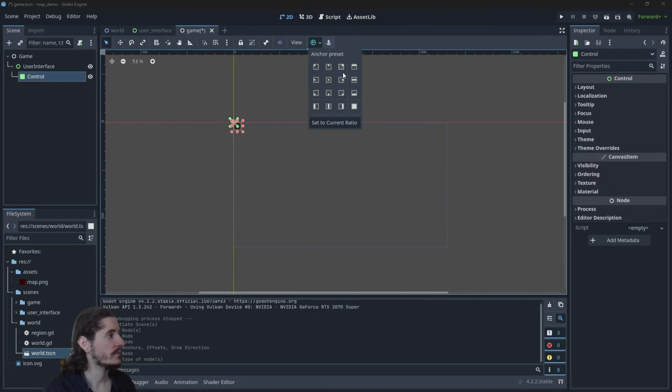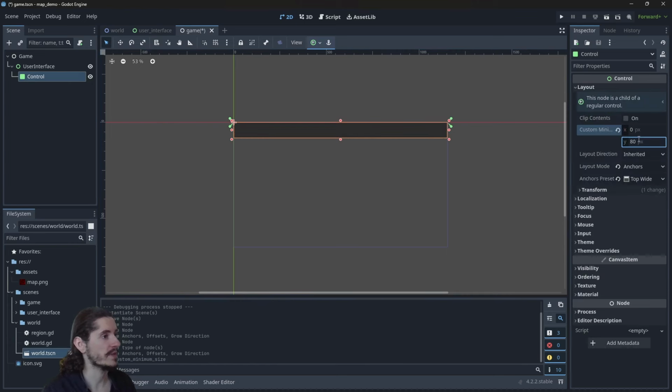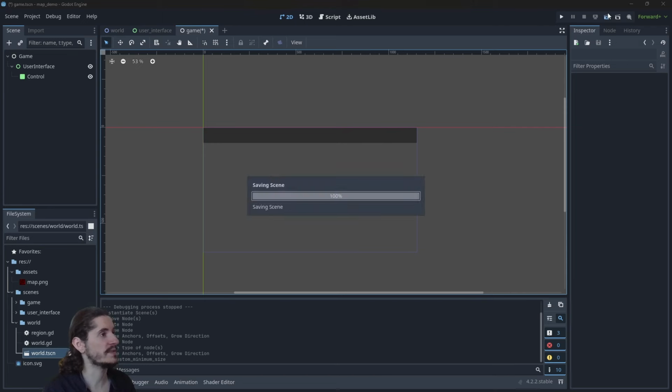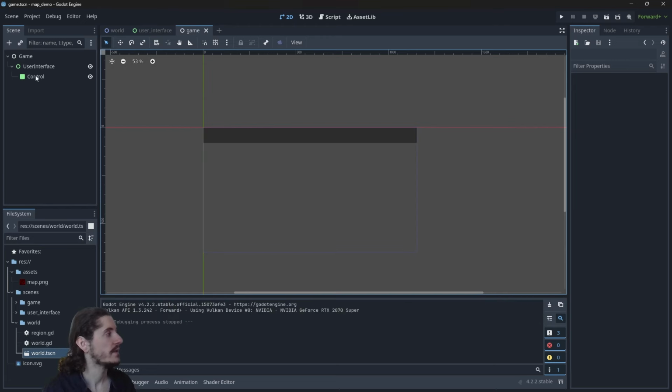Let's have a panel that will be stuck on the top with 80 pixels, right? So here, if I watch this scene, I do have this rectangle at the top, right? That's the user interface. But now if I do add the world